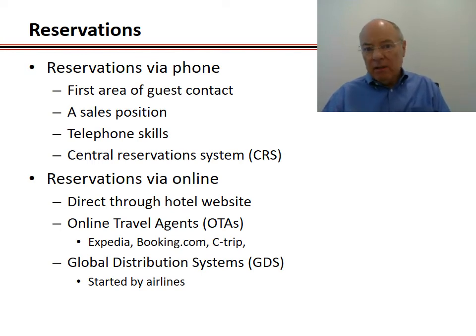However, you can't be everywhere. And Marriott may be trying to be these days with the number of hotels they've grown to, but that still doesn't put them in a position where they will necessarily be able to get that reservation from anyone, anywhere who's shopping, because they're going to shop through the OTAs because they feel they have a better scope of all of the options out there. And then the global distribution systems is just another channel that you use internally. As an individual booking a room, you don't know necessarily you're going through a global distribution system. That being the case, you would perhaps think that you were booking through a resource that went to the hotel directly.